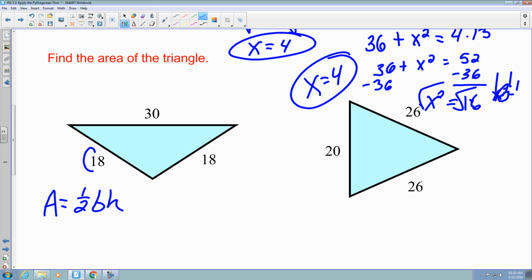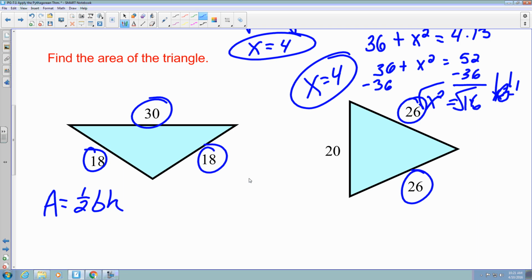Here I have triangle lengths of 18, 18, and 30. Anytime we have at least two equal side lengths in a triangle, those are isosceles triangles. Okay, so since we have isosceles triangles here and we have isosceles triangles here, we can find the area using